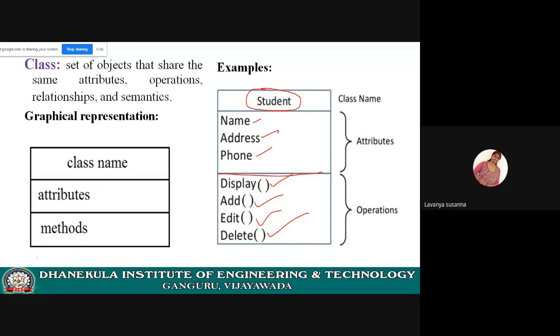Now, I hope you understood. Once again, see how to represent pictorially a class. Already in the first unit and second unit, you have seen the classes, right? Many classes and relationships between them. Already you know this, how to represent a class graphically. Just once again see, just memorize all those things.